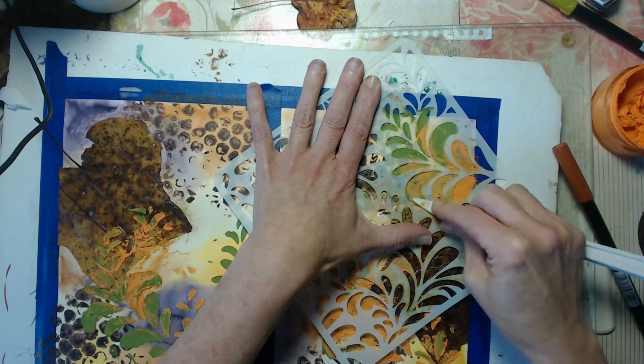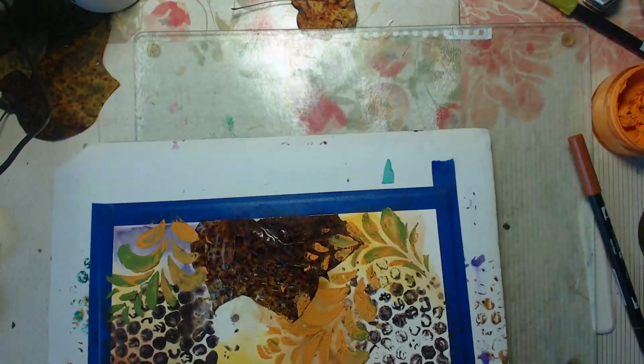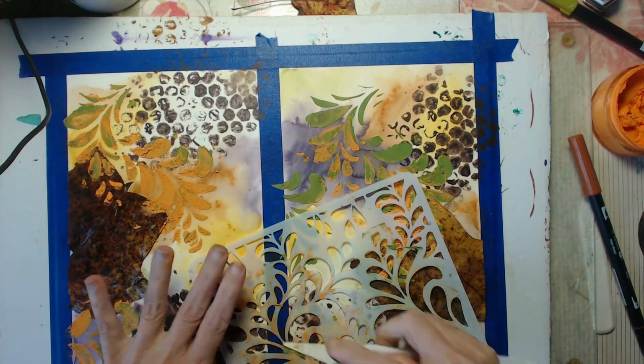If you could see my desktop right now, it's really messy. Really, really messy. Okay, so I want to get some at the top up there. I'll probably be off screen a little bit, but